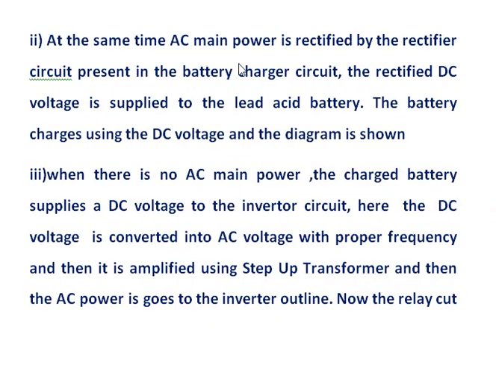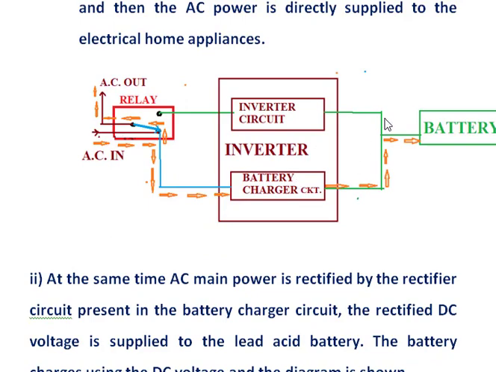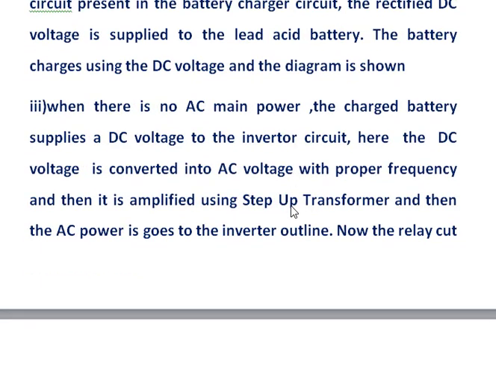At the same time, the AC power is rectified by the rectifier circuit present in the battery charger circuit. The rectified DC voltage is supplied to the lead acid battery. The battery charges using this DC voltage, and this diagram is shown here. This one. Okay. Now, when there is no AC main power,